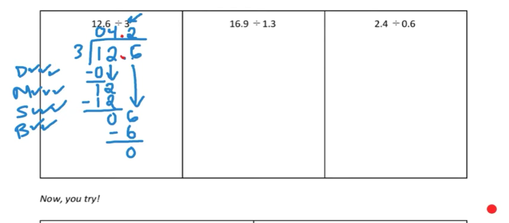For the second problem, we can see that in our divisor, there is a decimal place. There's a really easy way to get rid of this though. We can do it with the decimal, but it's a little bit more complicated. So instead, we're going to move the decimal to the end so that this number becomes 13. But what we do to one number, we also have to do to the other number. So in the 16.9, since we moved it 1 over in the 1.3, we move it 1 over in the 16.9. So this becomes